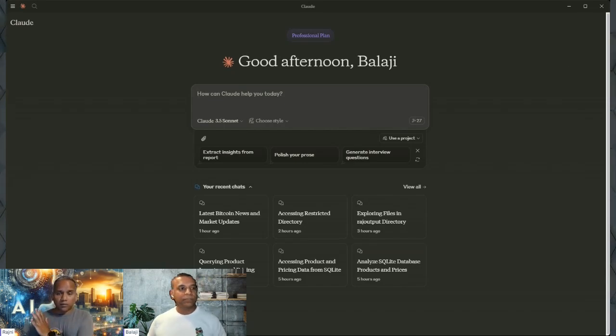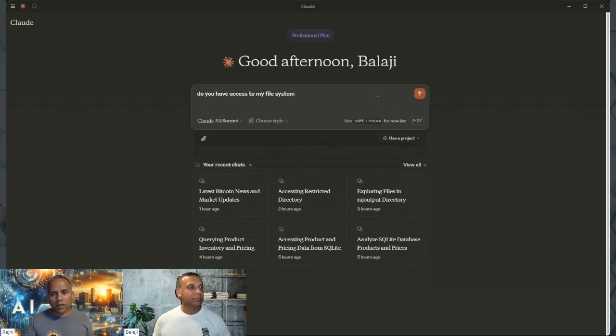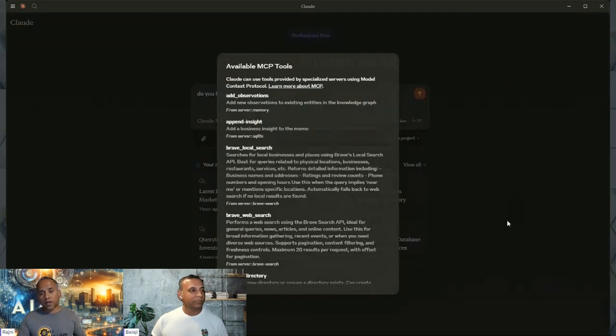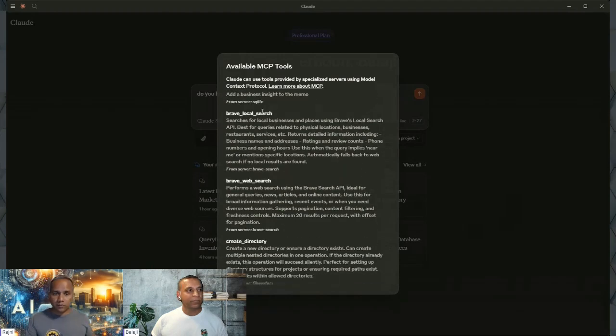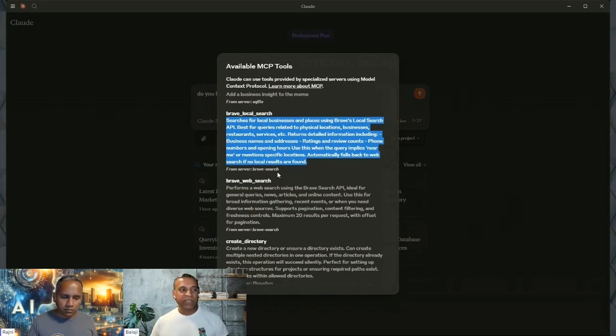I know we're going to get better with what Balaji talked about as far as prioritization, but I think the 27 that you see on the screen right now, in my analogy we talked about, means it now has 27 different tools available for it to use, right? That's right. So these are the functions and tools that are published by the server. The Brave server publishes these two. So you can see it's going to give you the name, and then it has a description of what it can do, and there's a schema that's not shown here, which basically says what the function call looks like and what you need to pass, and based on that, the large language model will invoke it to achieve certain things.